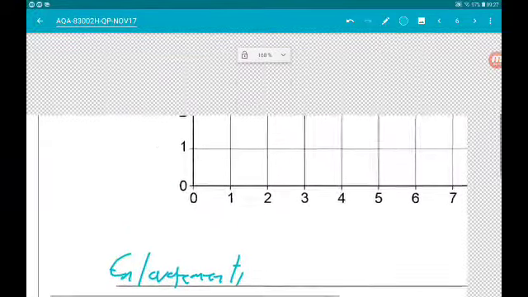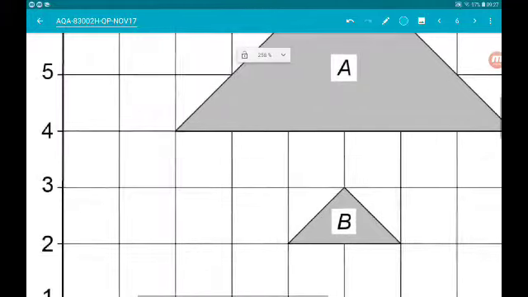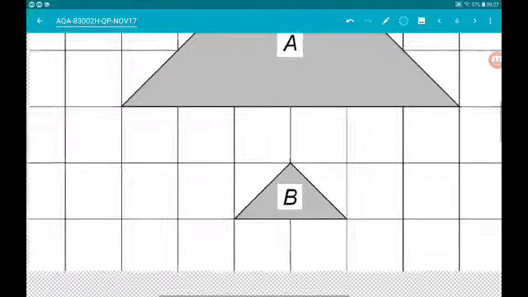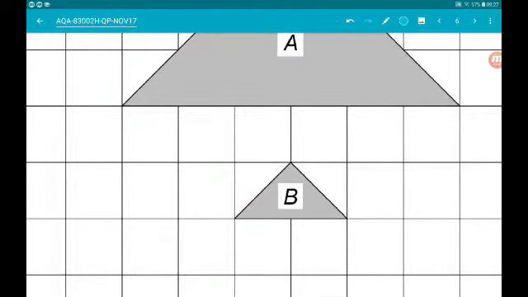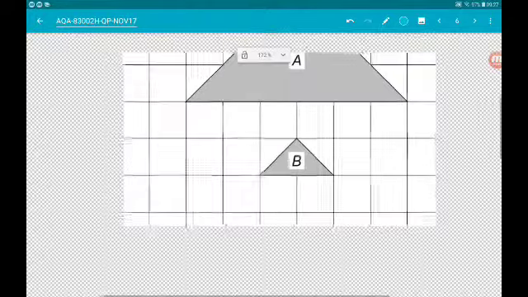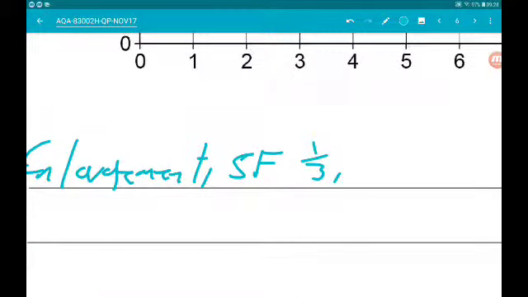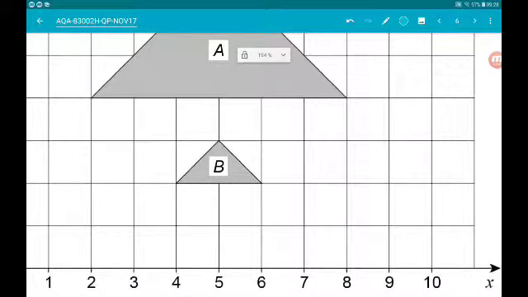Now, how much smaller? Well, A had a base of 1, 2, 3, 4, 5, 6. B has a base of 2, so the scale factor is a third. And then we also need to know the centre of enlargement. So to find the centre, we join up